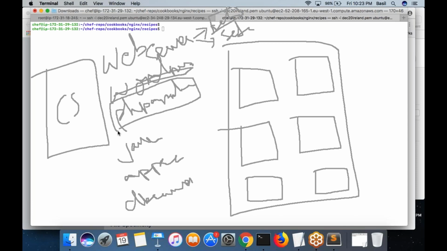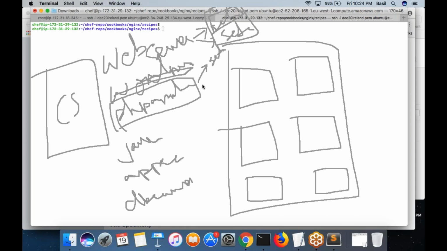I mean, the web server is actually a role to which you want to add this run list. What would be the run list for the PHP application? First one, setup PHP and Apache module for PHP.